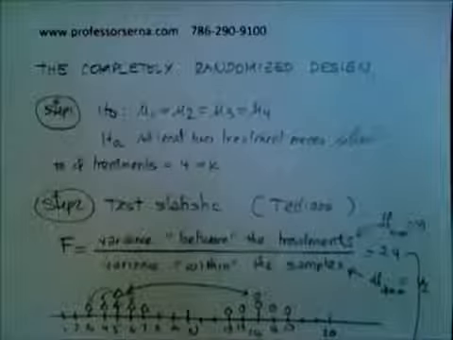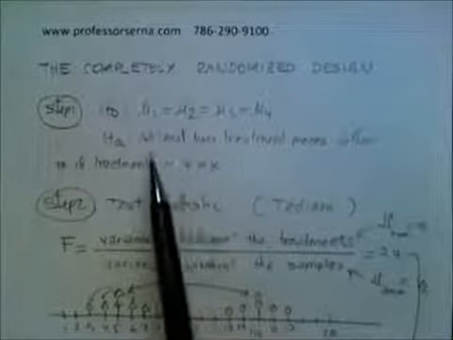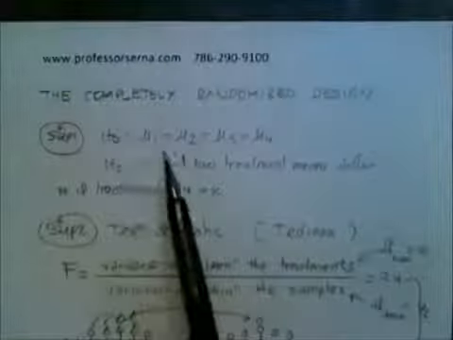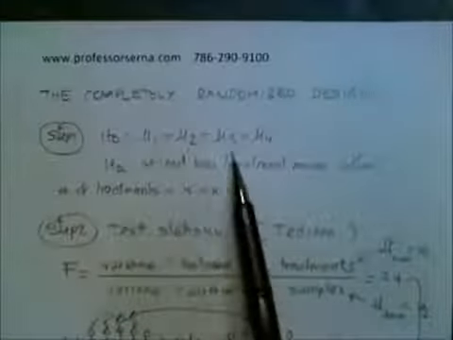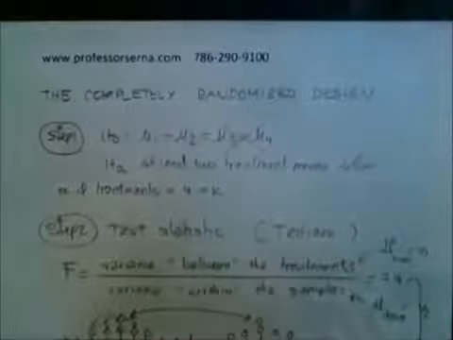What is ANOVA? It's a hypothesis test to compare the means of more than 2 populations. Step 1, in H0, you assume that all of them are equal. In step 2, HA says at least 2 treatment means differ. So in step 2, we are going to calculate the test statistic. If this were our data, then of course we wouldn't have mu sub 1 equals mu sub 2 equals mu sub 3 equals mu sub 4. Of course, we would have only mu sub 1 and mu sub 2,